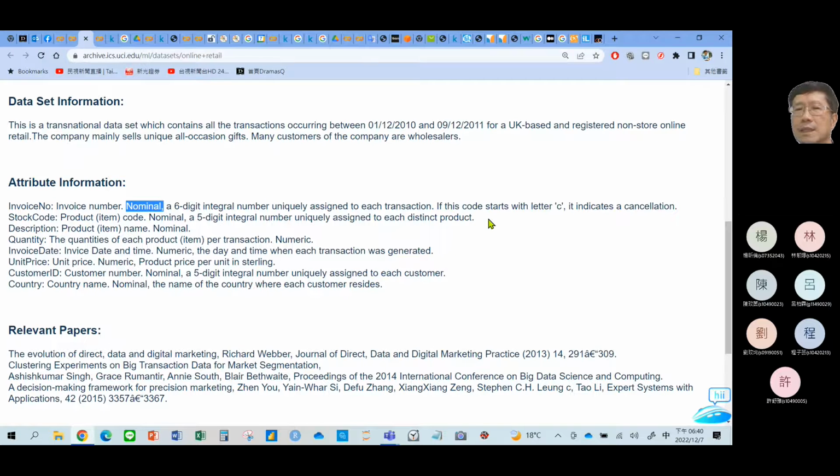But some codes start with a letter C. It stands for a cancellation for the order. Okay, so that's why it's a nominal data type, not a